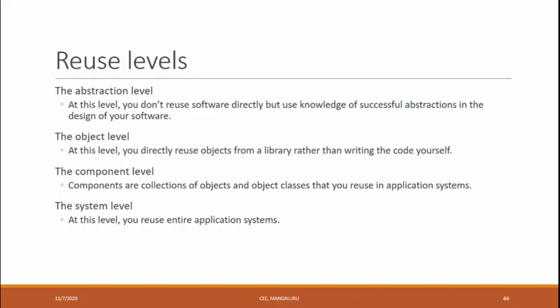Changes in the sense only the requirement fields should be changed, like the college name, or maybe the professors, the faculties or the staff. Except that, if a requirement field is needed, we can make the change and you can deliver the product to the customer. So this is the system level. We have a number of different levels in software reuse: one is the abstraction level, second is the object level, third is the component level, and fourth is the system level.